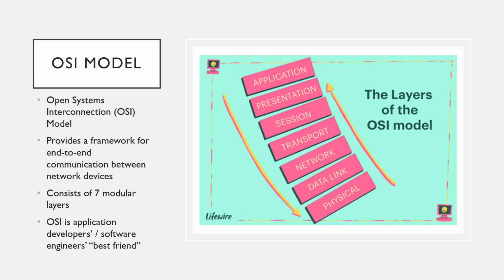So as you go up and down these layers that you see there in the image, if you're at a source and a destination, like those computers in the far upper left-hand corner and the bottom right-hand corner of the image, as we go from one device to the next, we are really traversing these layers down and up. So as the source sends something, you're starting at the application layer and going down to the physical layer. And as the receiver, the destination, receives it, they're starting at the physical layer and going back up to the